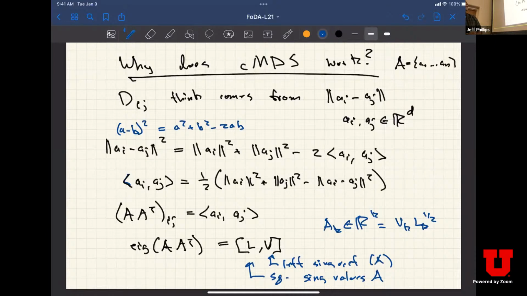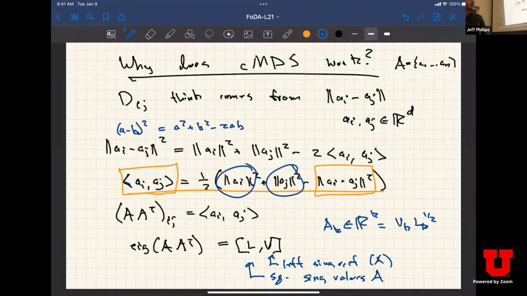Okay, but I don't have this A A transpose. I just have the distance or the distance squared matrix. How do I do that? Well, if I look at this line here, I can get a_i a_j and it involves the squared distance, but what I don't have are these terms, the norms of a_i and the norms of a_j. Aha, but I have a choice. The trick,